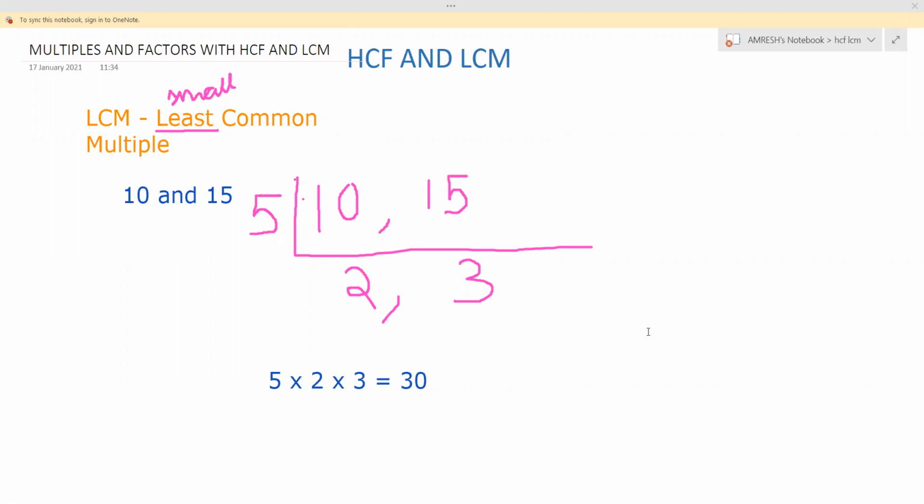Take a common divisor. You have to think of a common divisor between these two numbers, and then find it. As the prime numbers came, just multiply all. There is another method also. We will take one more question and do prime factorization only, but in a different way.